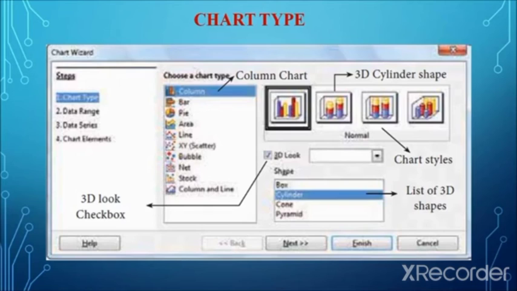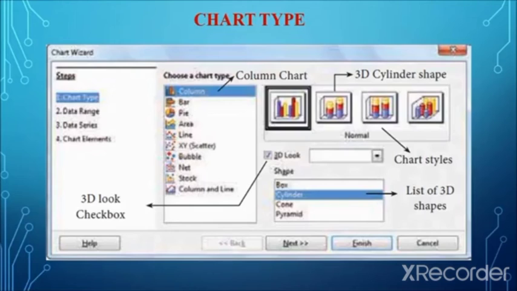And the user can select a 3D look of the selected chart type. The 3D look checkbox helps to display the selected chart type in an attractive form. For easier understanding and an attractive look, the user can select the 3D look.